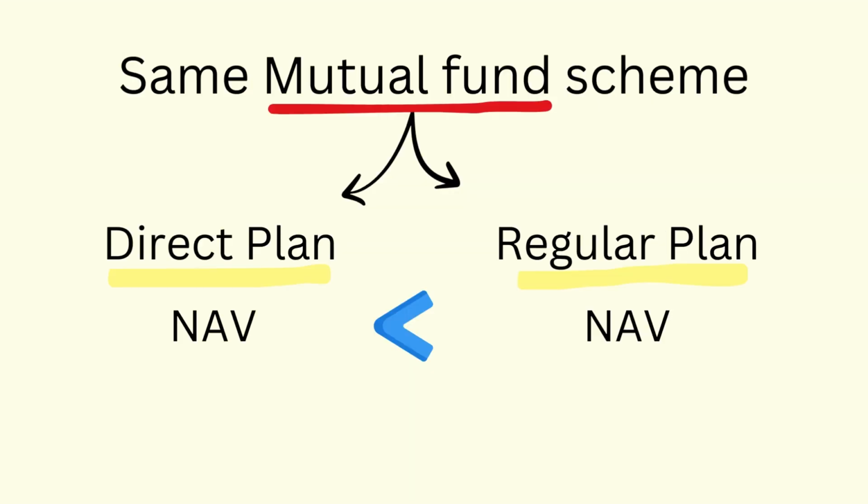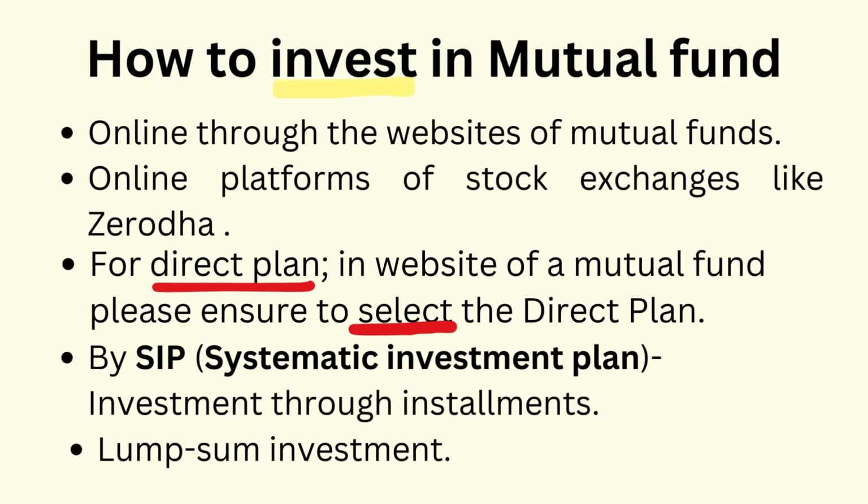Typically, a direct plan will have less NAV compared to a regular plan, mostly by a maximum of 1%. How to invest in mutual funds? You can invest in mutual funds through the online websites of individual mutual funds, or using online platforms on the stock exchange